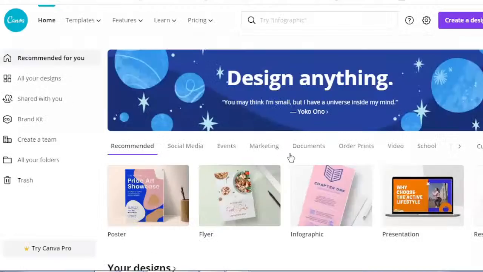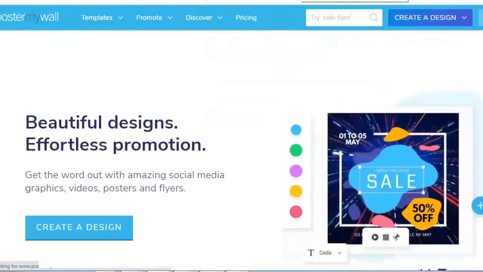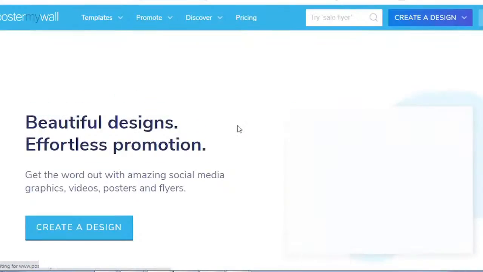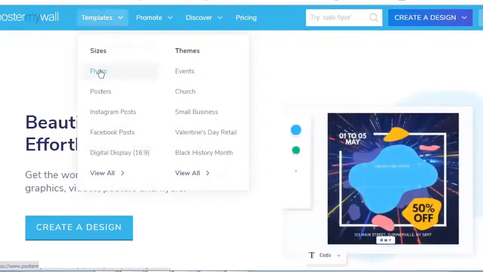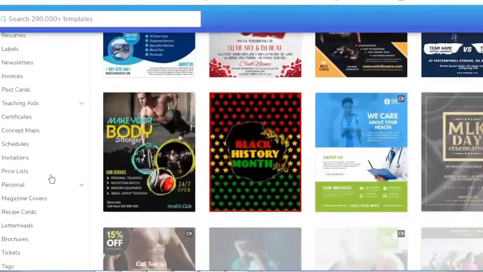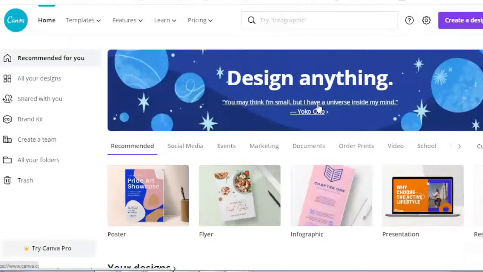But Canva is free, everyone can use it, while in Poster My Wall you will get a copyright. Different templates are available: flyers, YouTube thumbnails, certificates, and you can design them with Canva and Poster My Wall. These are the top two tools.